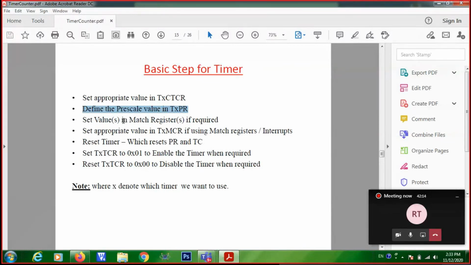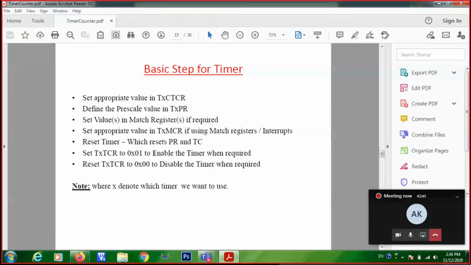So when it is reaching that 500, what should you do? After reaching 500 milliseconds, reset it to 0. You need to reset the timer to 0, and in my case I am going to generate an interrupt. So I am going to write a program with the timer 0 interrupt.